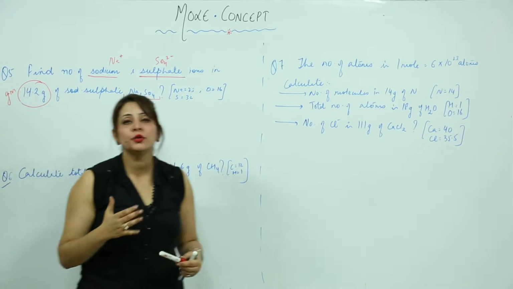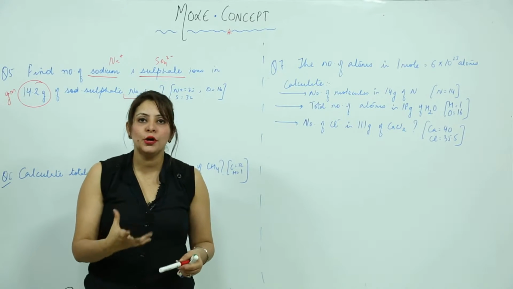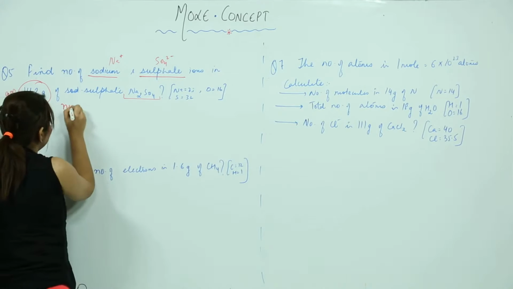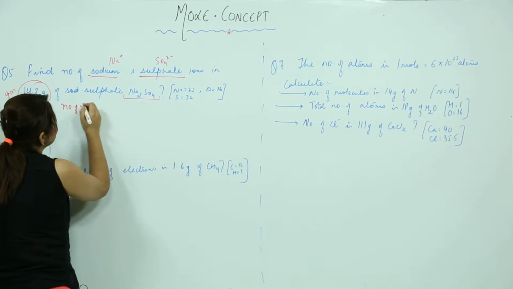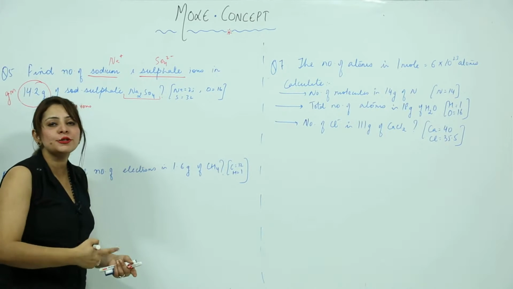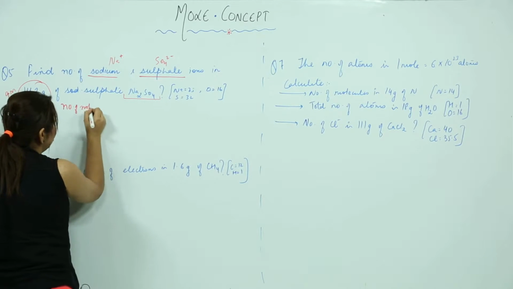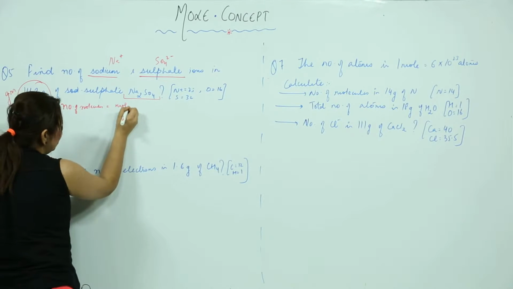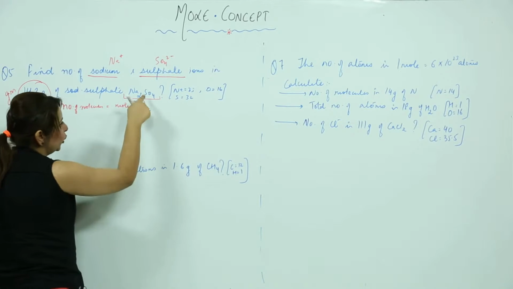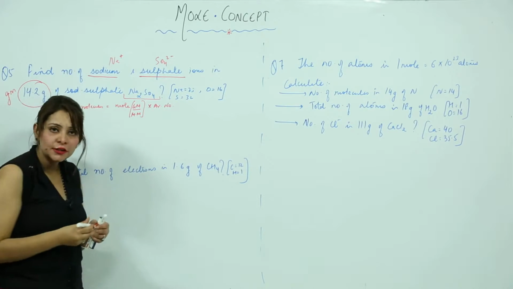Before doing that, whenever somebody asks you to state the number of atoms, number of molecules or number of ions, you should first know the formula. In this question we need to find ions, so I am writing the formula for ions, but the same formula can be used for atoms and molecules. To calculate the number of molecules, the formula is mole, which is given mass over molecular or atomic mass, into Avogadro number. As we have molecules, I am writing molecular mass here.